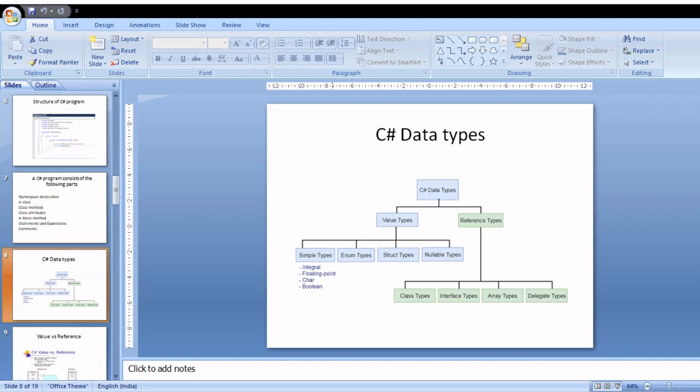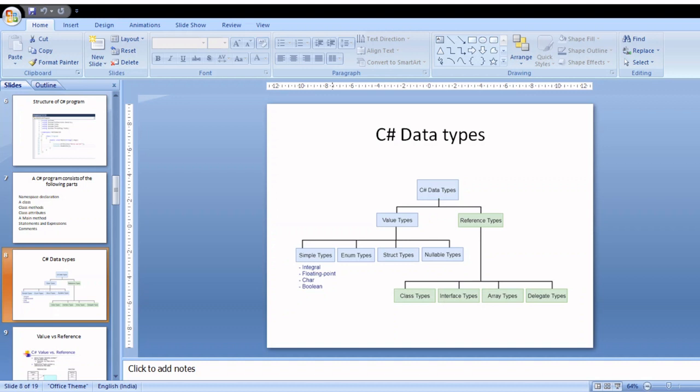Coming to reference types, they are stored on the heap data structure. When you assign between two reference variables, only the reference is copied. Another copy, it's like making a photocopy of your A4 size sheets.